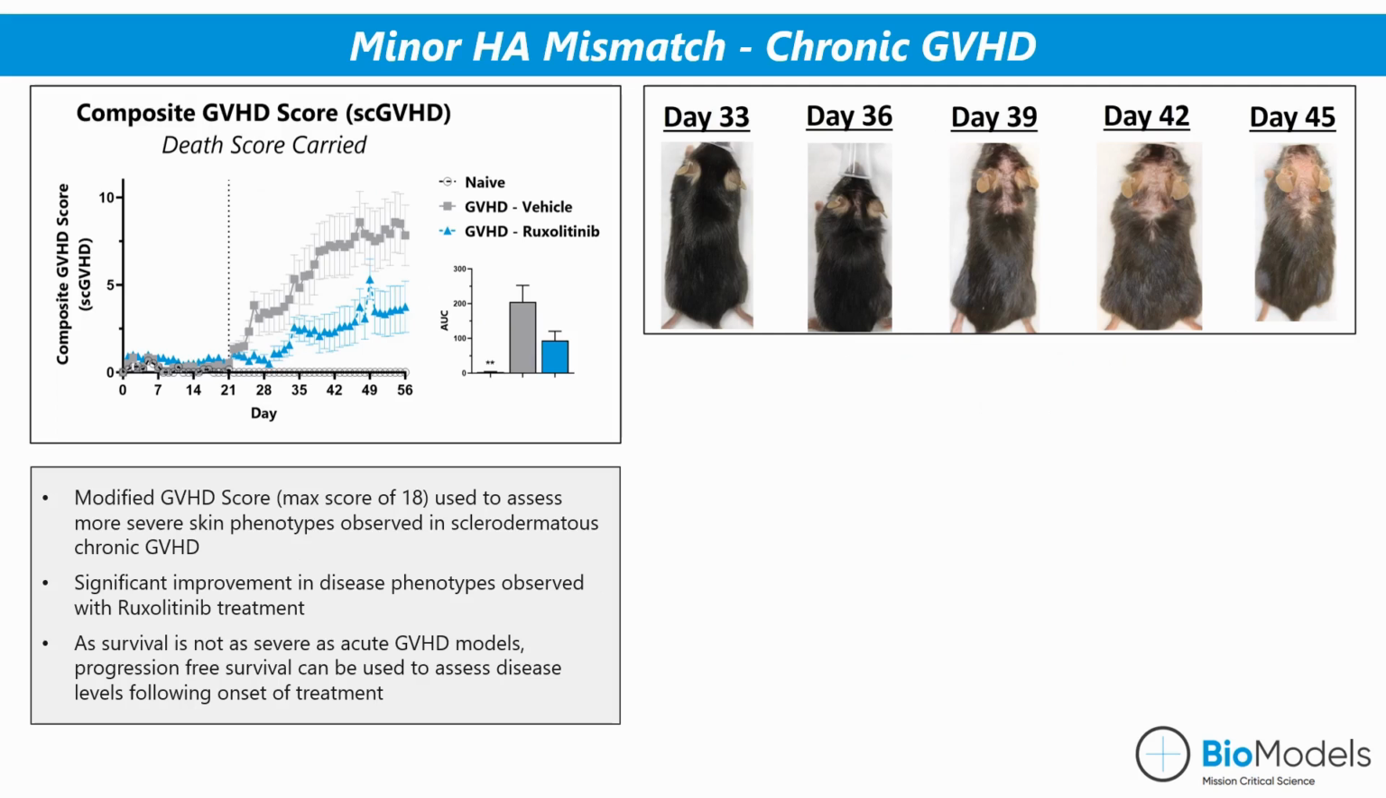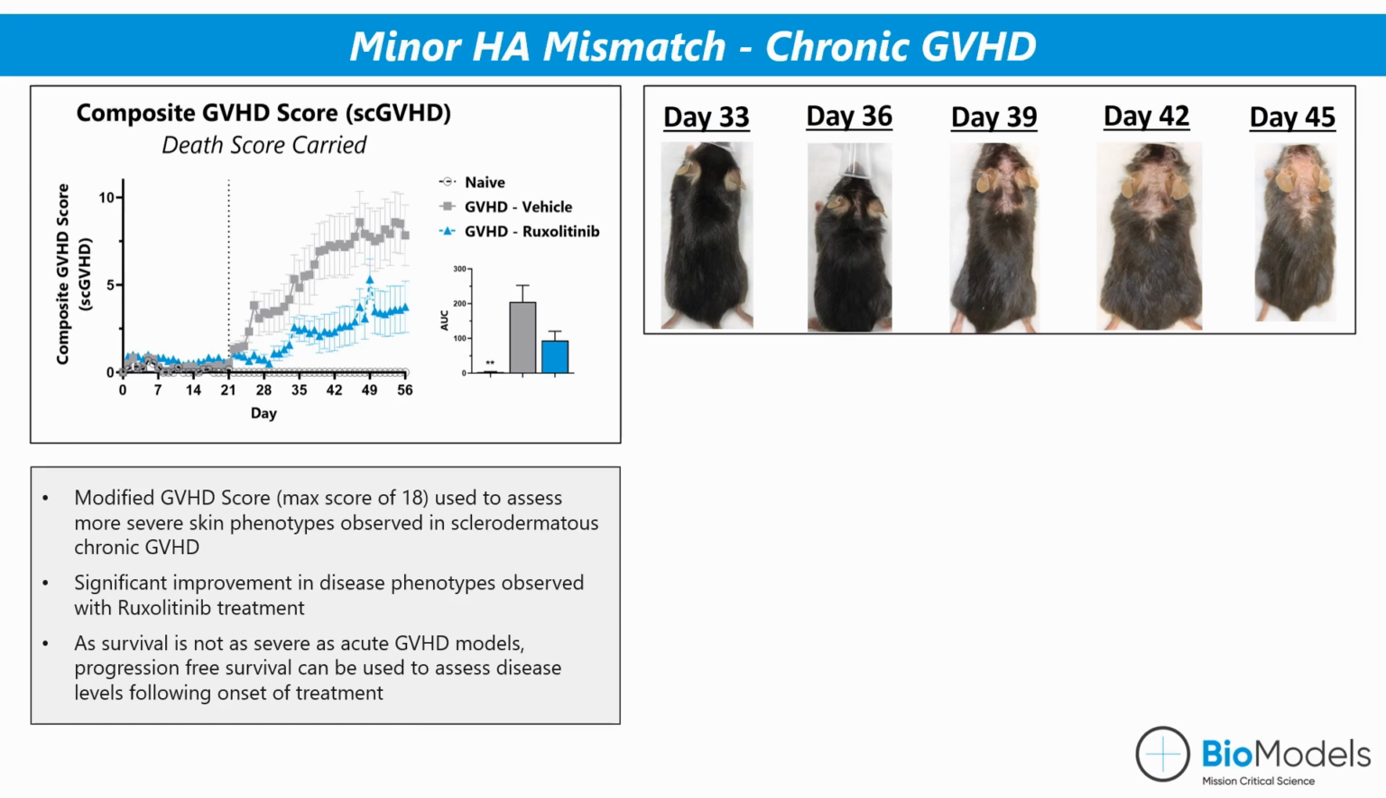Next here, we're looking at a composite GvHD score. And so for this model, we use a different scale when scoring disease. This provides a little bit more granularity to the sclerodermatous phenotype that accompanies this model. So instead of a max score of 10, we have a max score of 18 for this study. And the scale in each component is a little bit higher to provide a little bit more granularity when assessing